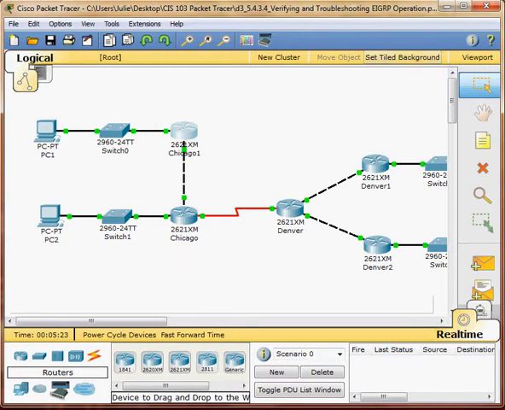So the Chicago router is configured with EIGRP, while the Chicago 1 does not have any routing protocol or static route configured.